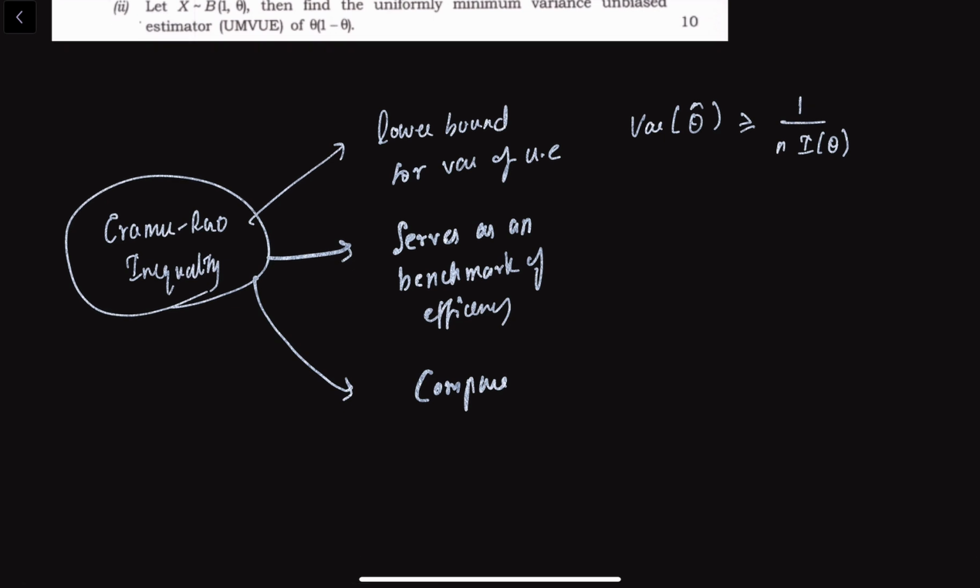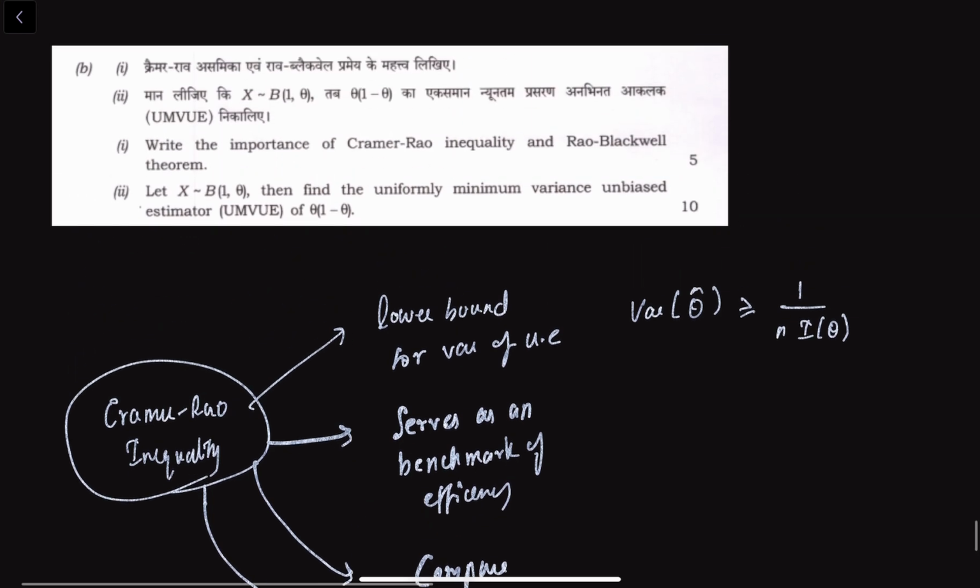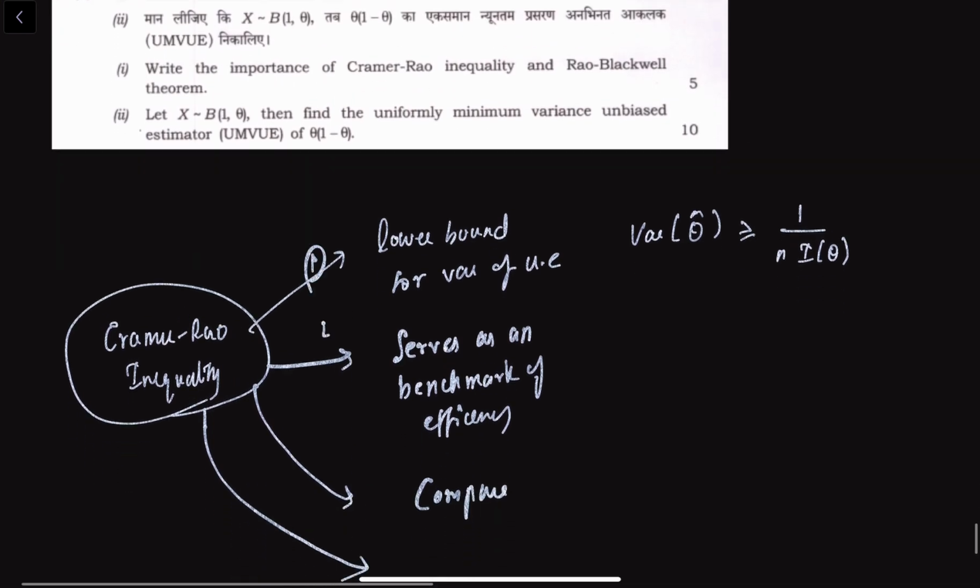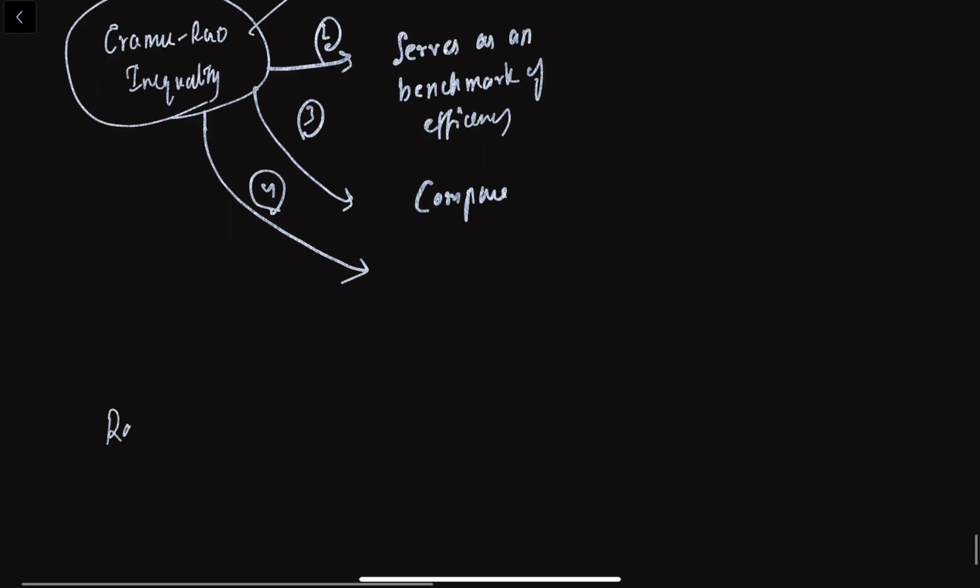It is also used to derive the asymptotic variance of MLEs, and it helps us to study asymptotic efficiency. So we can cover these four major points in the Cramer-Rao inequality. And in the Rao-Blackwell theorem,